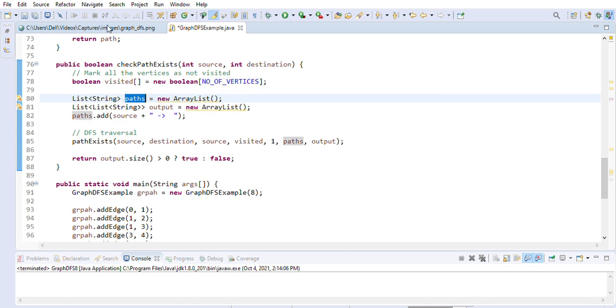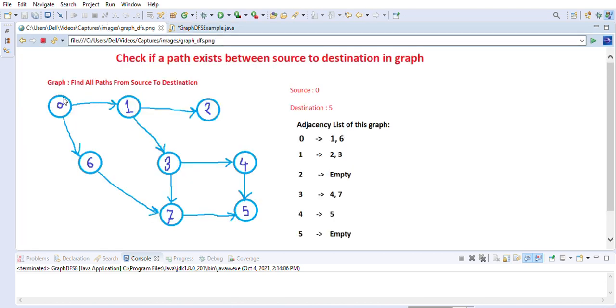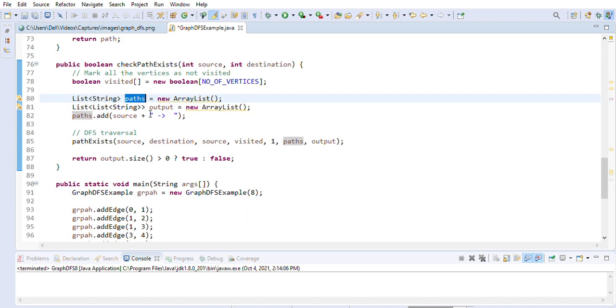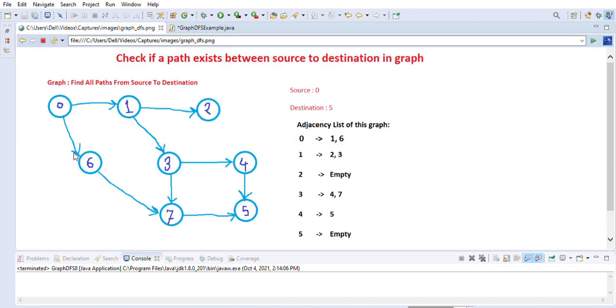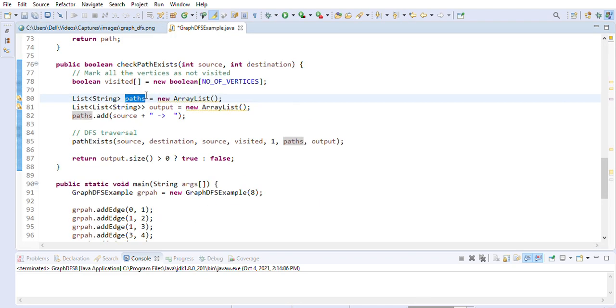Why are we using it? When we are going from 0 to 6, we will keep adding this information into this paths list, because it is like 0, then 6, then 7, and then 5. So it will have all the elements of the path that you have used to reach that node. We will use that paths list here for that purpose. And the output array list is a list of strings, right?